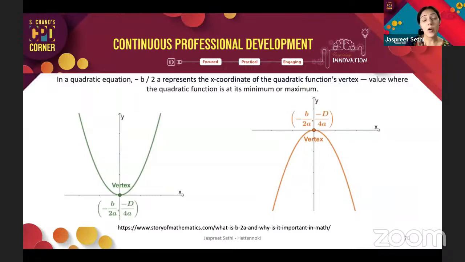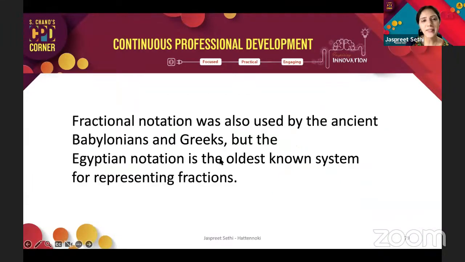And for that, all of these applications are needed, and they have a very important rationale. So where am I getting those vertex x and y coordinates from? The negative b over 2a is the x value. The y value is the negative of the discriminant over 4a. So a lot of this, again, is from the Story of Maths, and this figure is from there. You may also, as teachers, if you teach high school, or just for the fun of it, visit and see some of these beautiful connections.